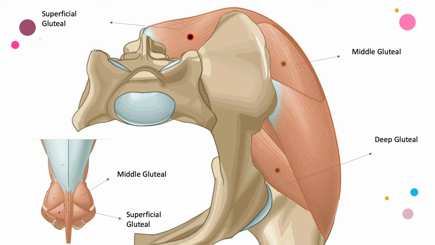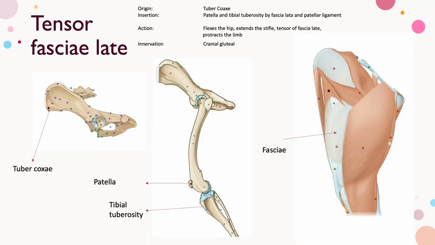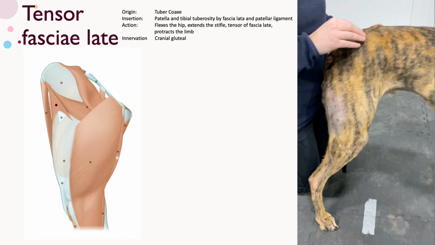And then you can see that from the dorsal image as well, that the middle gluteal is obviously more cranial and the superficial one is the one that comes out from round the back and wraps in down onto the femur. So the next muscle that we've got is the tensor fasciae lata. So this comes